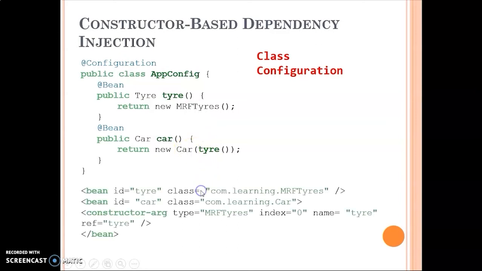Another way, you can say this is a more primitive way because this came first, but still it is used widely, is the XML way of doing it, wherein you can see I have created tags here called bean tag, wherein I am creating a tire variable, and I'm saying that this is going to be of type